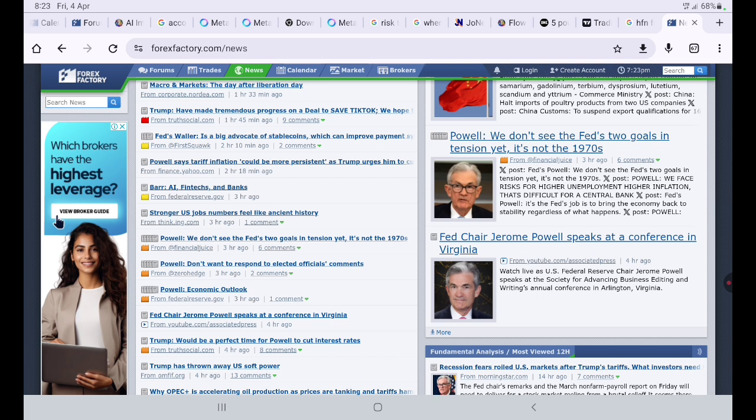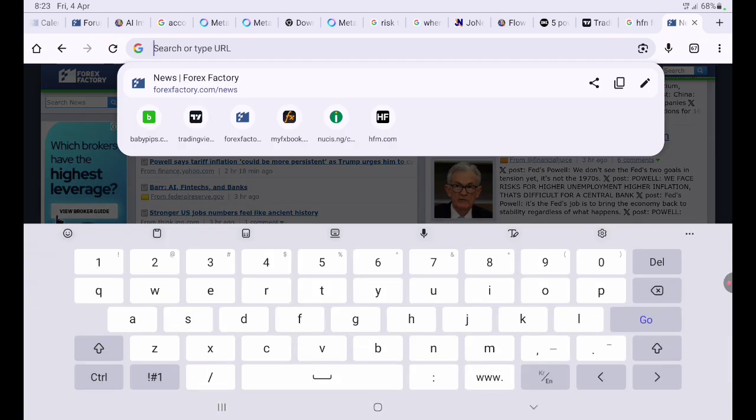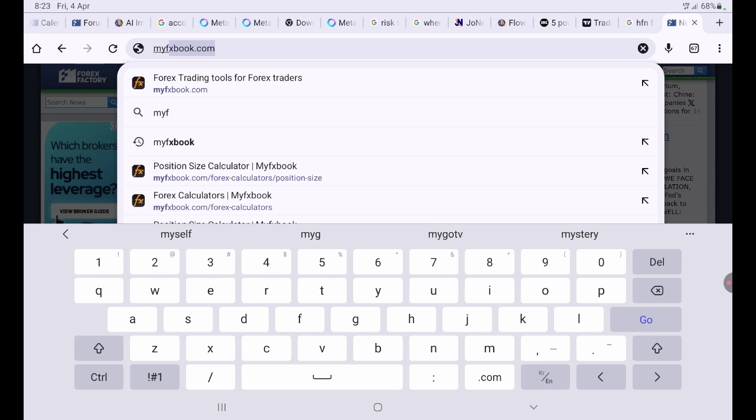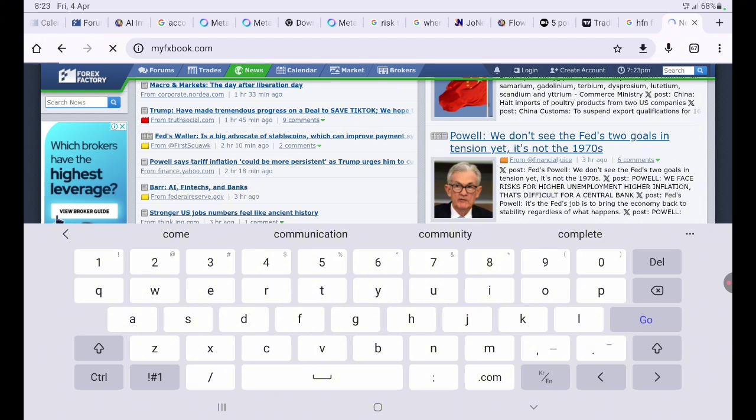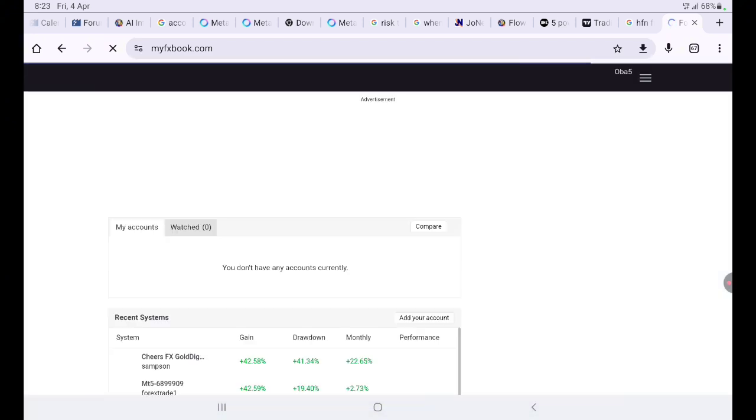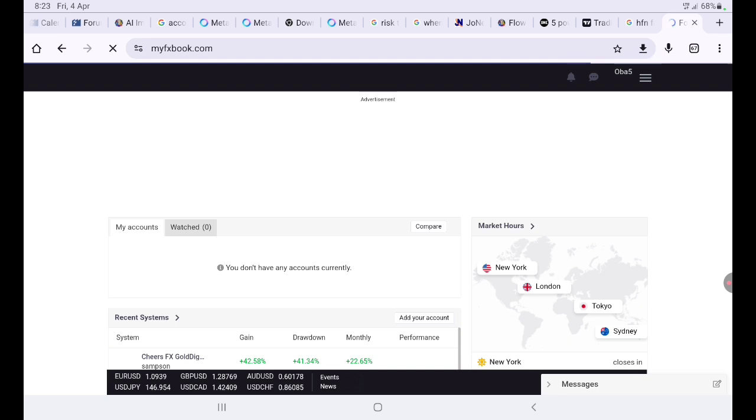All right, so the next economic calendar I would like to show you, which contains several other things, is my FX book, myfxbook.com. Now from here, when I click on this three horizontal line, I'll show you. If I click on this three horizontal line here,